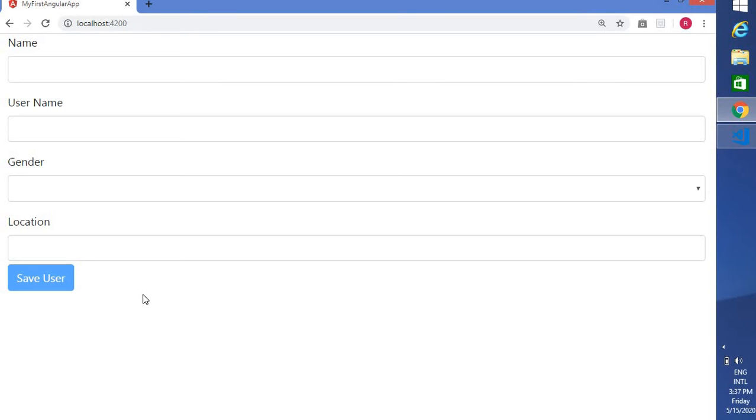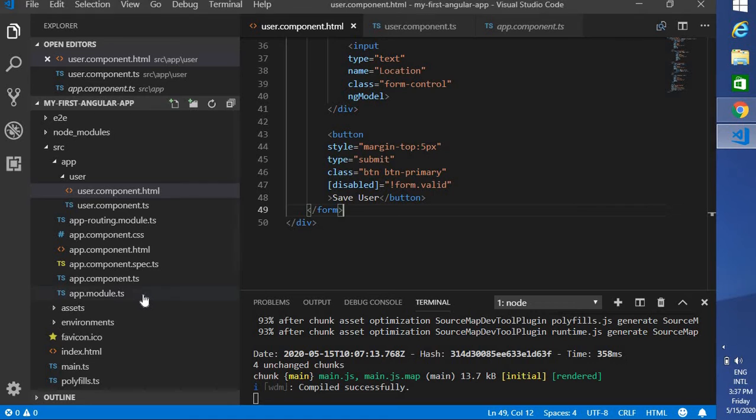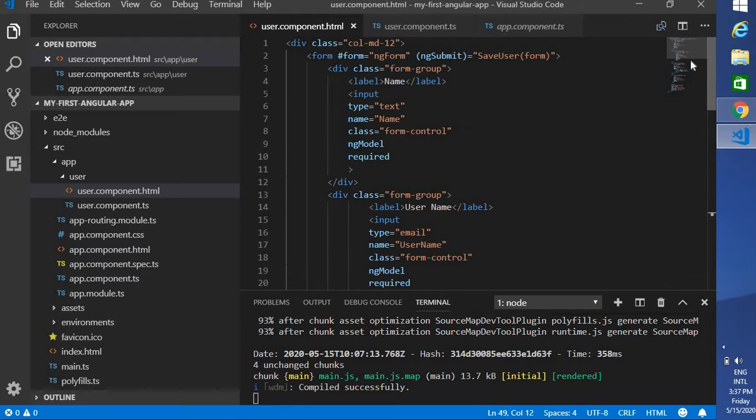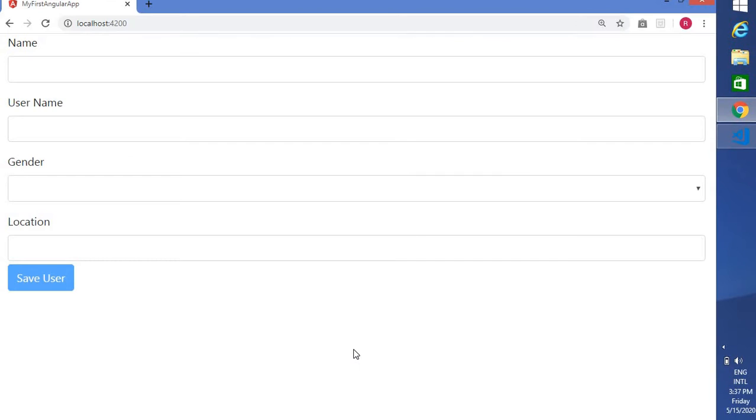Okay, so I have done this one, but how can I say this particular field is really required? Let's first open the console.